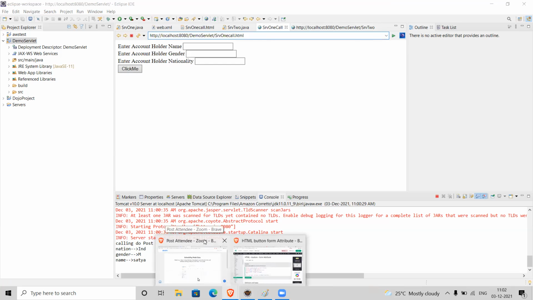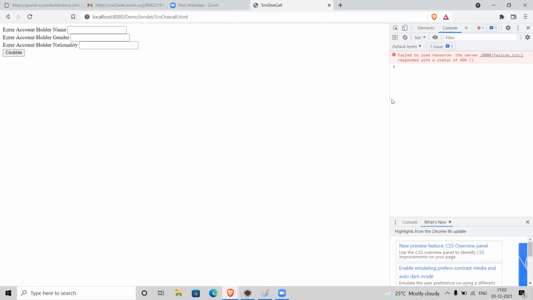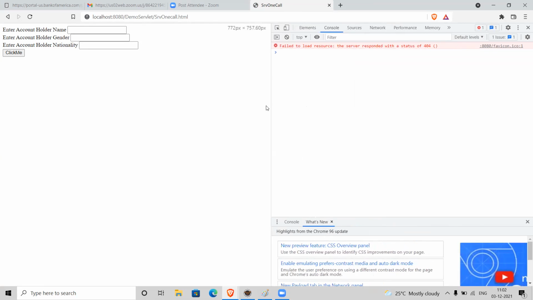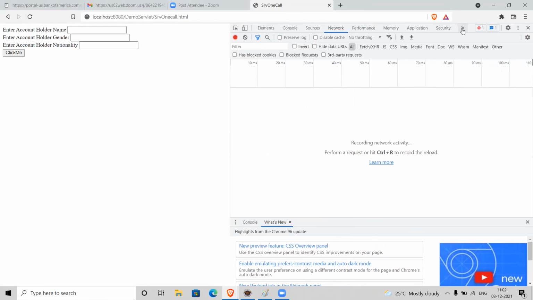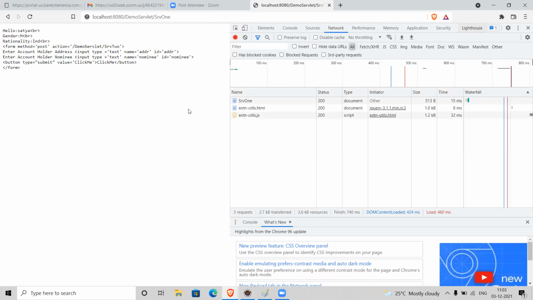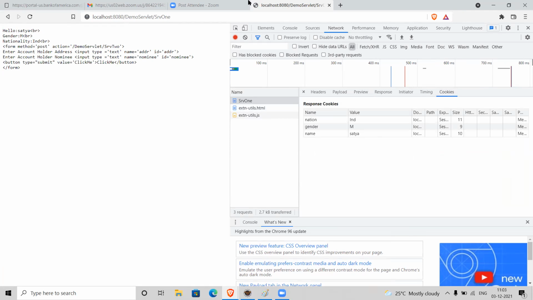In the browser, I'll show you the cookie information. See, are you able to see, Kaveri?